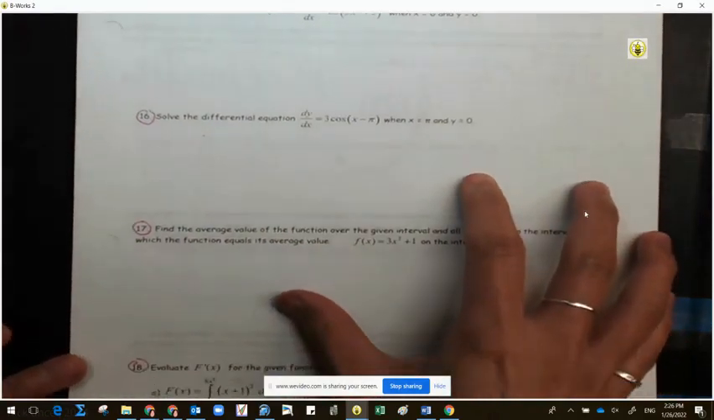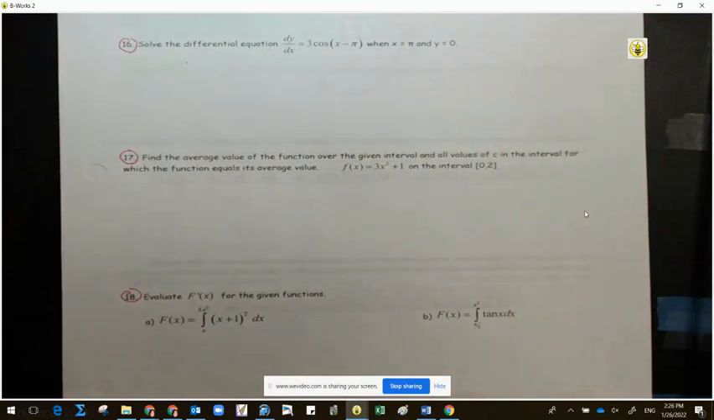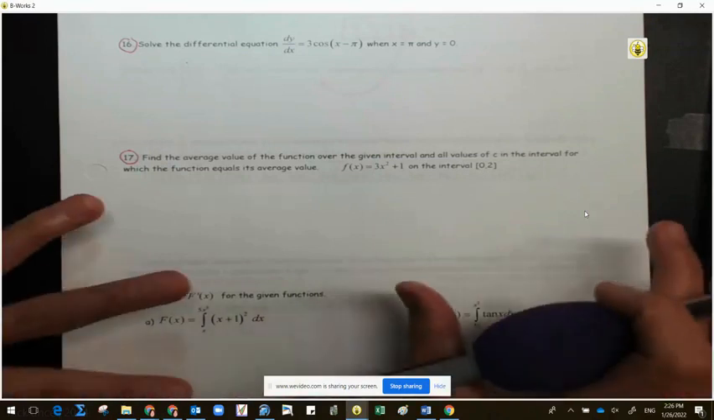Everything, right? Oh, 16. Maddie, let's read number 16, please. Solve the differential equation dy over dx equals 3 cosine of (x minus pi) when x equals pi and y equals 0. All right. So we want to